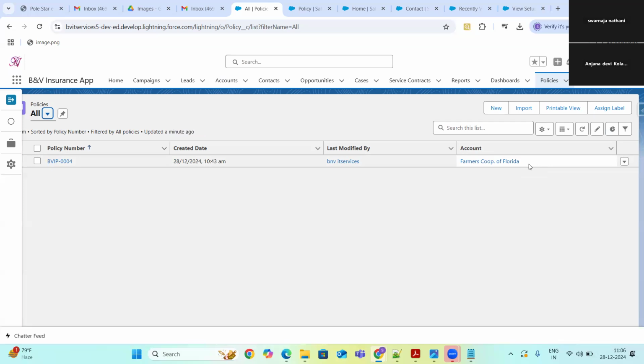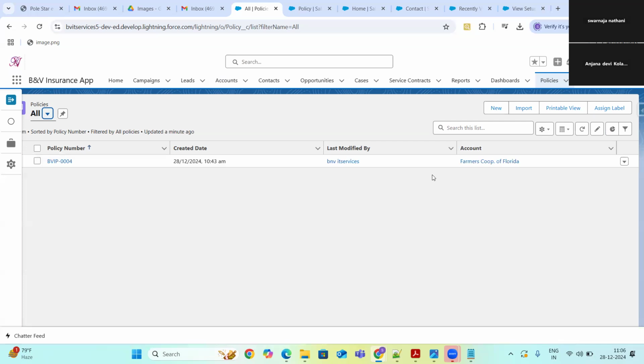And the third interview question they'll ask you: I have 10 records and I would like to create a master detail now. Is it possible? No. You cannot directly create a master detail relationship if the object has records. Then how can I achieve that?